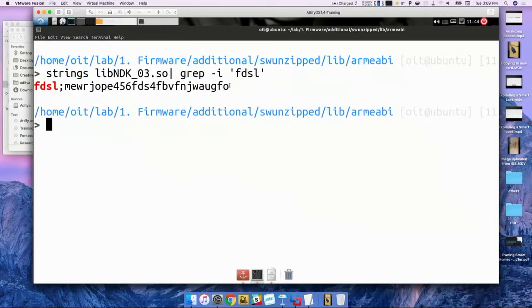So in this case, I actually knew that it was FDSL because I reversed it earlier using IDA. But it's as simple as looking at where encrypt data and decrypt data both refer to. They refer to a single string, and this is the string. So you capture the communication, you figure out that this is the AES key, you decrypt it, and then you can modify the connection, encrypt it using AES again, and when you transmit, you will be able to have control of the smart switch. So let's see if we can.